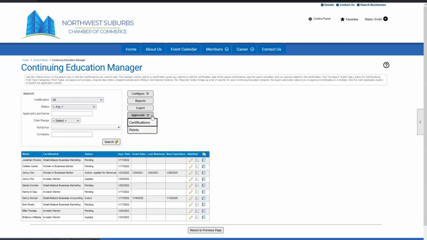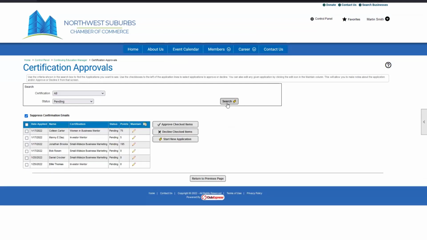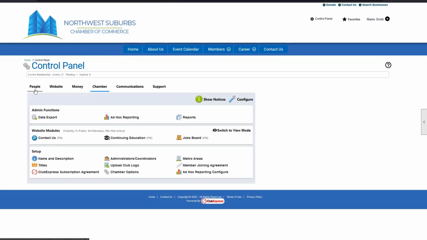And then additionally, under approvals, this is where we can, as administrators, approve the applications for certificates. And so here we will also see all of our paid applications. Now, Jenny Cho has not yet paid for her application, so she will not show up on this page just yet. If we go to our people manager, so we're going to go back to our control panel